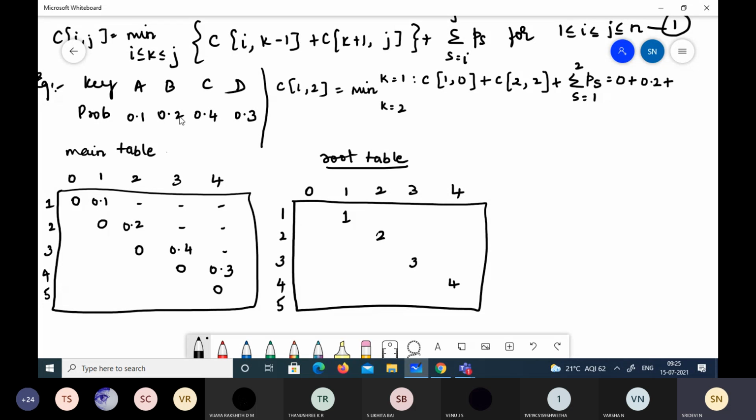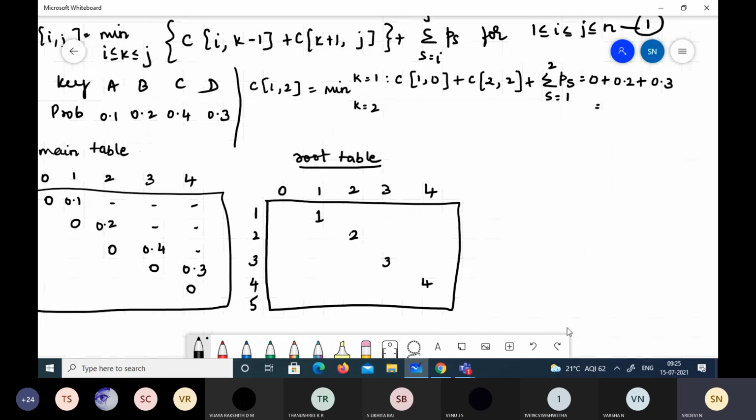P1 is 0.1 plus P2 is 0.2, so totally we have 0.3. Whatever we are getting here is 0.5.